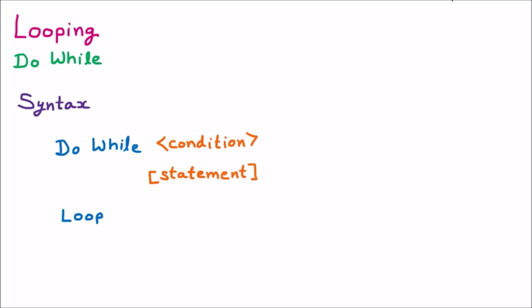Okay everyone, so now we are learning the do while loop. Do while loop is part of looping. That means if you want to repeat some specific statement, then we apply the looping. Let us suppose that we are having a program.